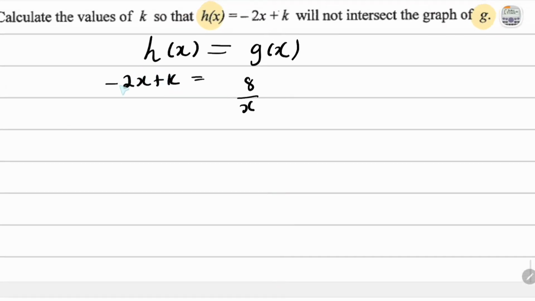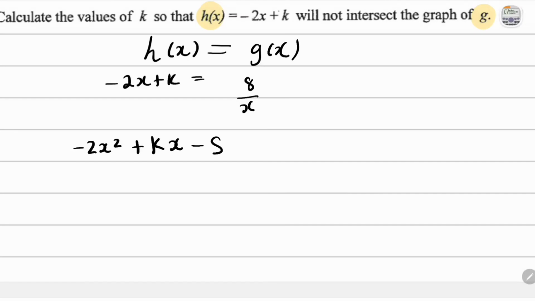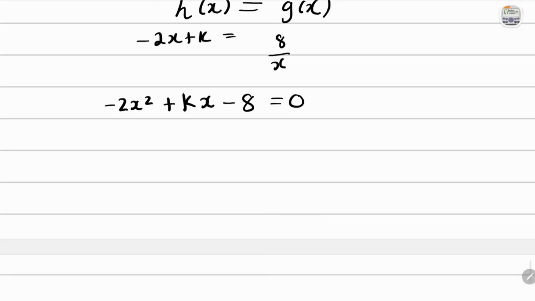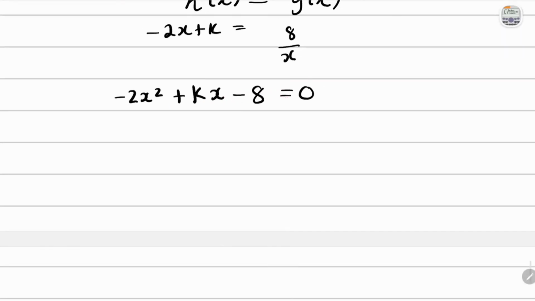We can cross multiply, so this multiplies with the x, meaning x times -2 is -2x squared, x times k is positive kx, and then we'll just be left with 8 when you multiply on this side. So you might as well take the 8 over, so -2x squared + kx - 8 is equal to 0. Okay, so this is what we have, and we can just manipulate the discriminant to ensure that these do not